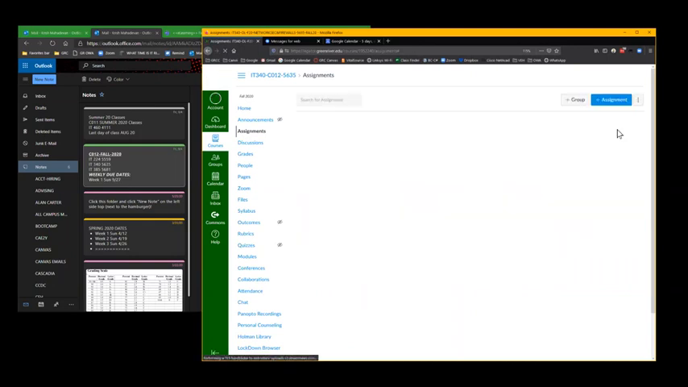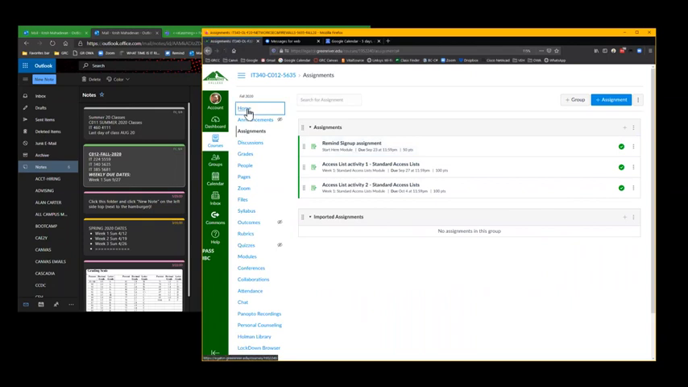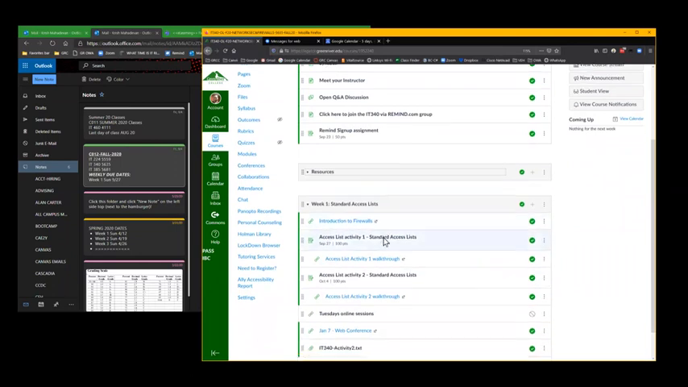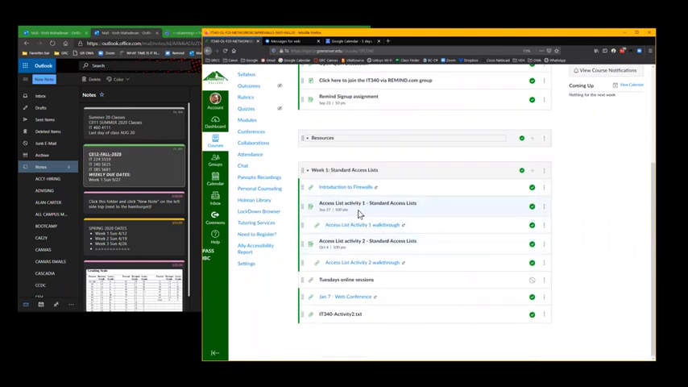Then close, of course. And then you go back to the home page, and you will notice that there you go. The assignment itself is listed here. It's changed to September 27th